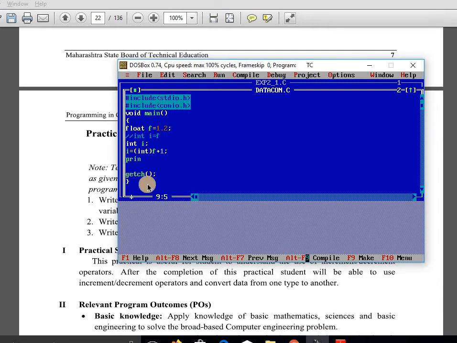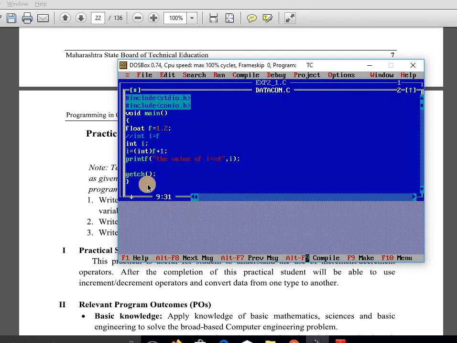Now printf the value of i equal to %d comma i semicolon.